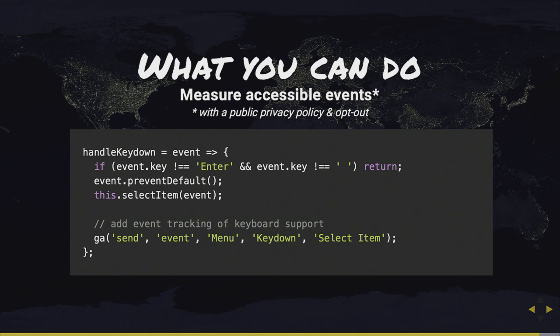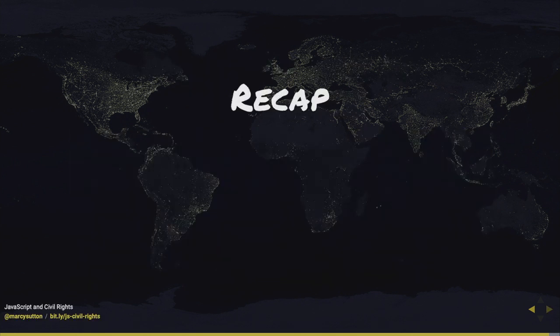I do need to say, however, in terms of privacy, that you need a public privacy policy and a way to opt out from this analytics. And if you don't need analytics, don't do it, because it's another layer of privacy that you need to manage with cookie banners, with these ways to opt out. So yeah, if you don't need analytics, don't go that route. But if you do and you have a good privacy policy, you could track some event-level things just for the keyboard. So to recap,